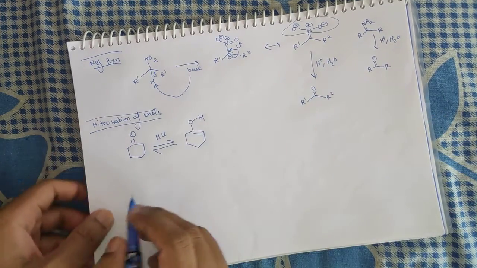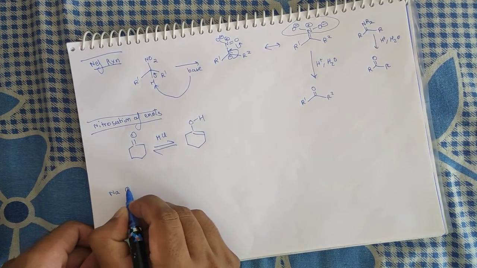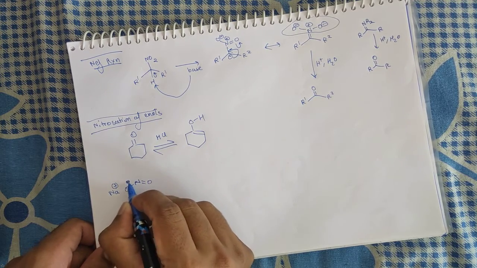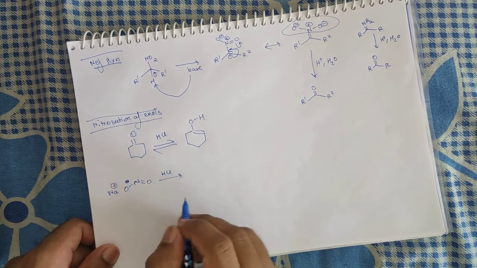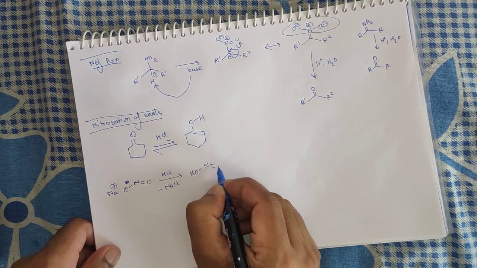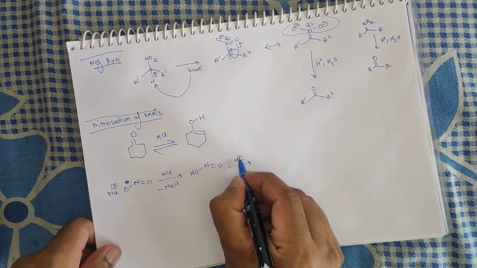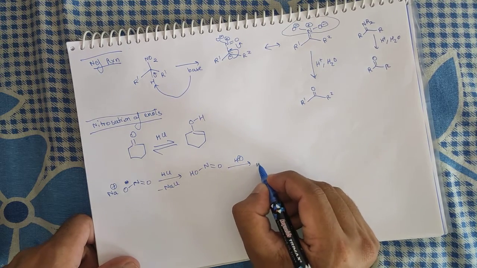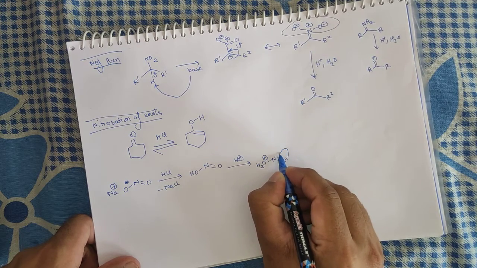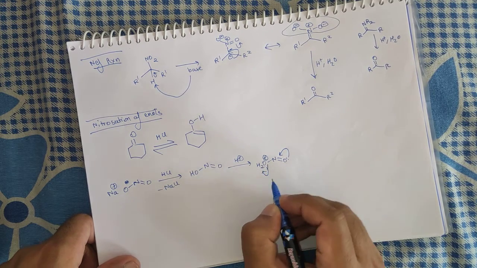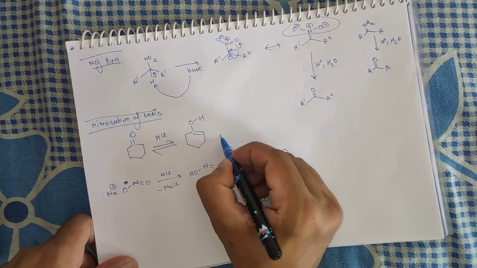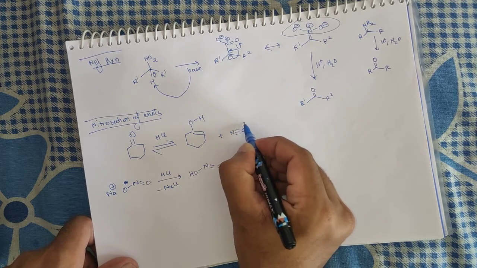Okay, so if you add sodium nitrite in it, then we have already in the solution the hydrochloric acid. Here NaCl will be removed and there will be formation of nitrous acid which will be again protonated by this H positive ion. So there will be formation of this cation. Now this oxygen lone pair will help in removal of this water molecule and there will be formation of nitronium ion like this, and this nitronium ion then will react with this enol form like this.